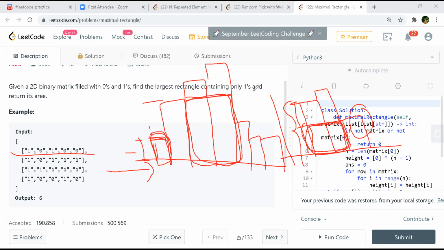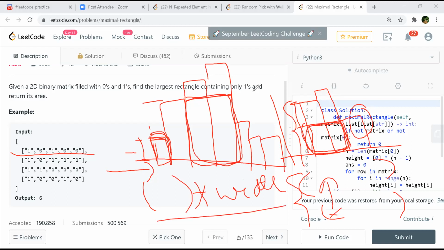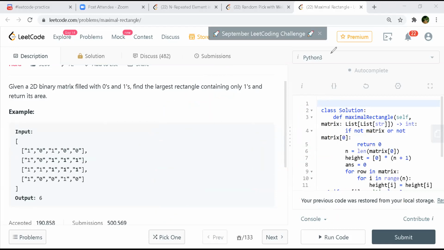I'll collect all the left heights, all the right heights, and the difference of left and right height will give you the width, right? And area will be whatever height is there multiplied by the width, and just keep on updating the maximum. This is for the histogram problem. But in this case, can't we do it like, if we just have to find the minimum height at a particular row? We do the same as you are doing, a cumulative for each and every row. So when we find a minimum height, we use that minimum height and then just calculate.